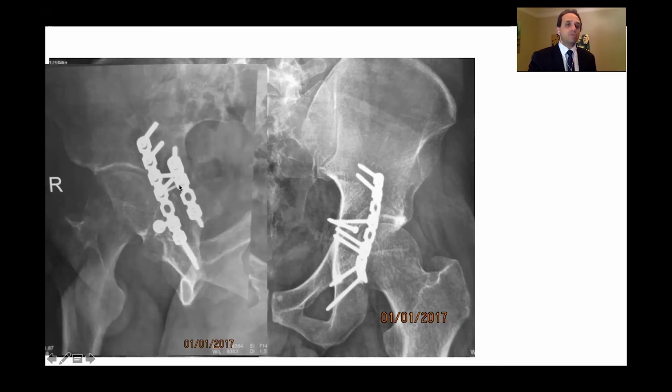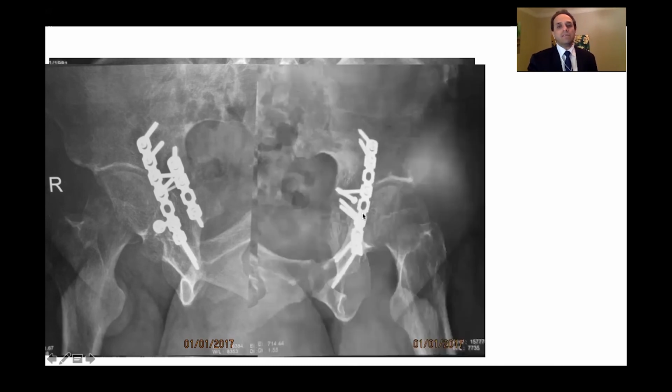The small Herbert screw here is for the marginal impaction. And the 2 screws here are for the posterior wall. These are usually lag screws. You can take them outside the plate or inside the plate. And then the plate is fixed mainly with 2 screws up, 2 screws down. And this is for a comminution in the posterior column.